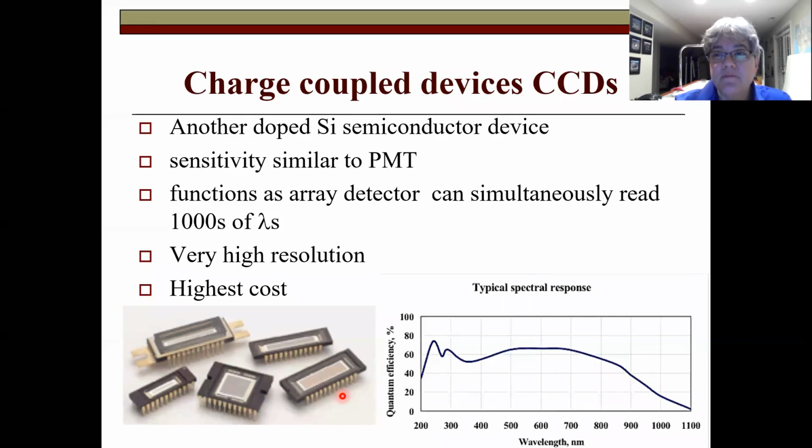You can read up to 5,000 wavelengths at the same time. So this is a very powerful detector, but it also is a very expensive detector. And for that reason, it's not very common for molecular spectroscopy,